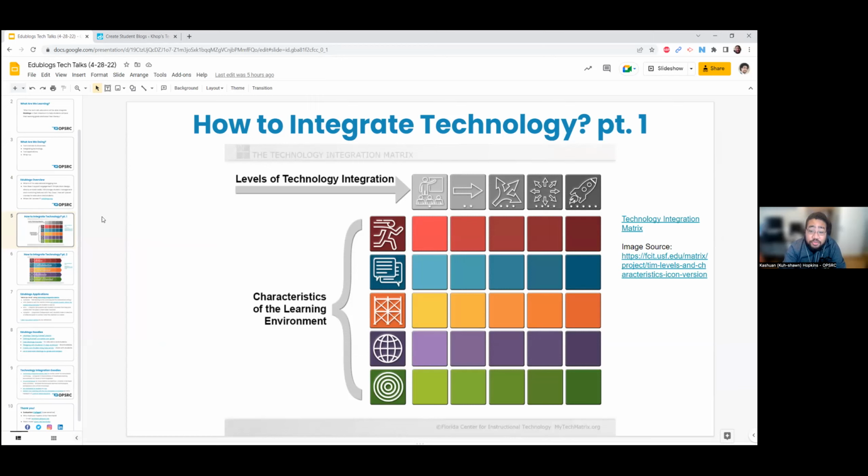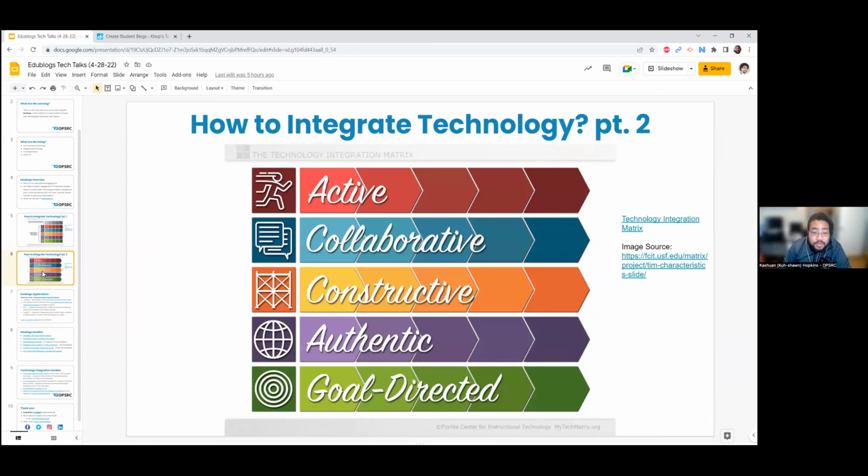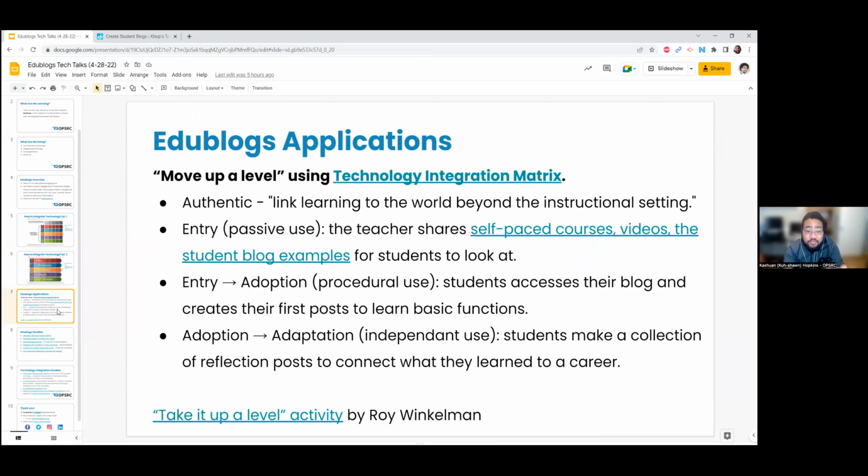According to the technology integration matrix, there are 5 different characteristics that you can take a look at and 5 different levels for those characteristics. The characteristics are active, collaborative, constructive, authentic, and goal-directed. And what I'm going to do is take one of those characteristics and go through an activity called moving up a level. The idea is that you take a look at the level that you're at for that one characteristic and see what the next steps would look like. Try to plan activities, resources, anything that would support moving up from one level to the next. So just to illustrate that with the time I do have,